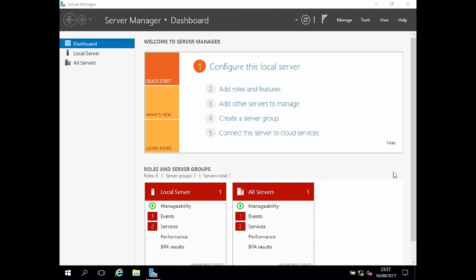Now that Server Manager has finished gathering information, notice that it's showing a couple of issues. It's fairly common for some issues to be flagged up after the initial install for various reasons. But after you've performed your initial install, it's important to install Windows updates, which can resolve some of these issues before you move on to more in-depth troubleshooting.